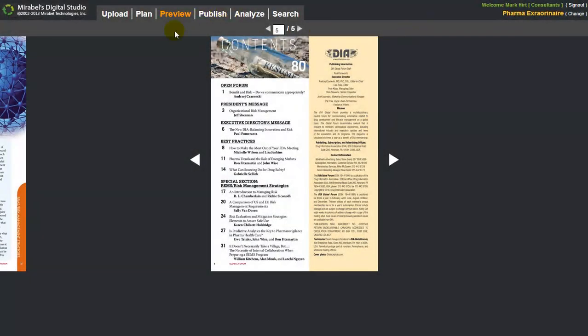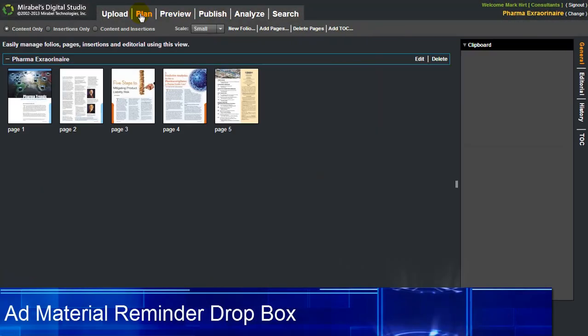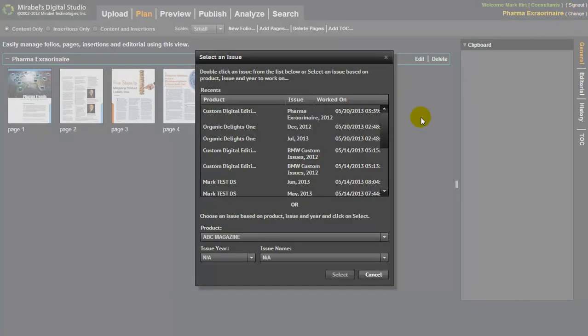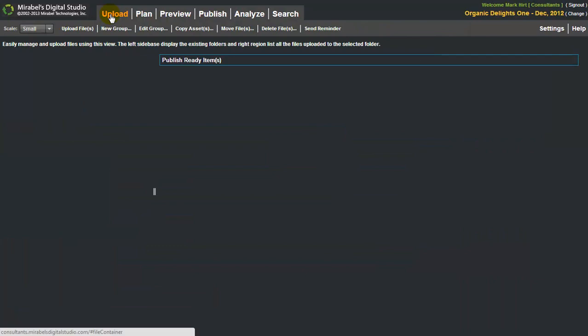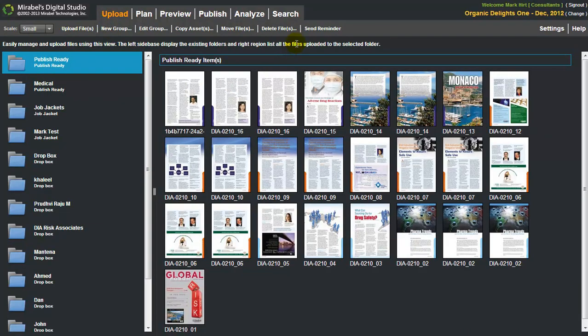The last thing I want to review today is our new Ad Material Reminder tool. Let's go ahead and change back to our original edition we were working on, Organic Delights, December 2012. And let's say that we're still missing some ad information from a few of our advertisers. So we can go over to the Upload tab, and in the Upload tab now you'll see an area here